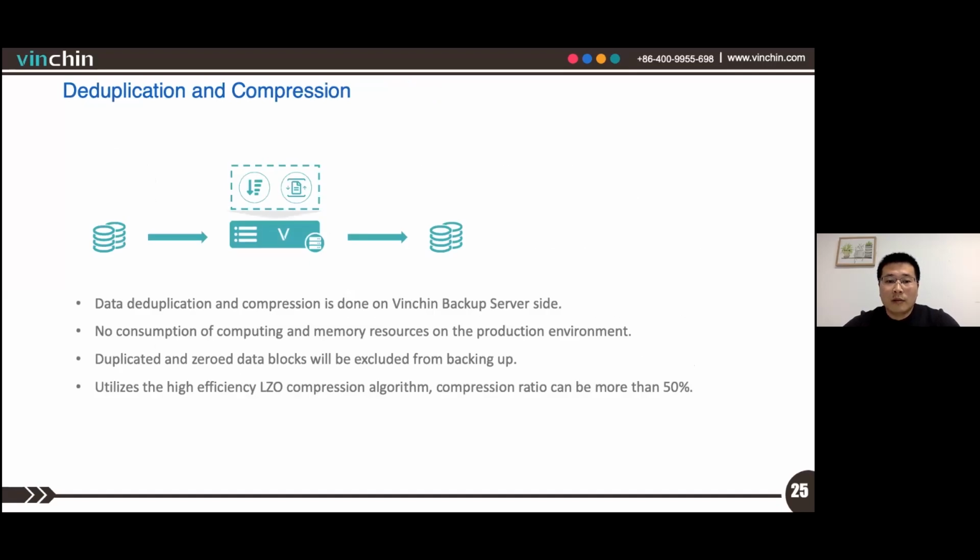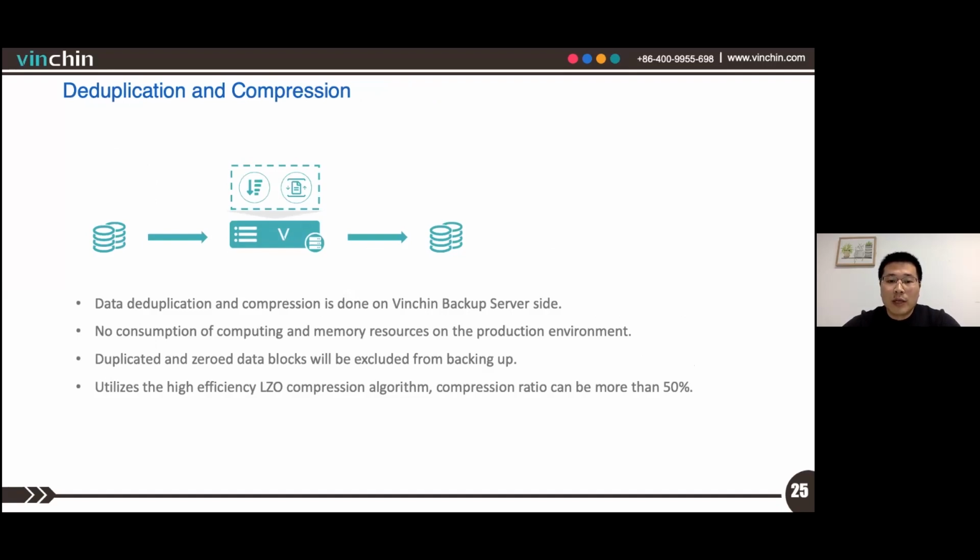On the deduplication and compression, they can be used to reduce the backup data and save the backup storage space. The deduplication and compression process is mainly conducted by the Vinchin Backup Server, and it will not consume the computing and memory resources of the production environment unless you have installed Vinchin as a virtual machine.